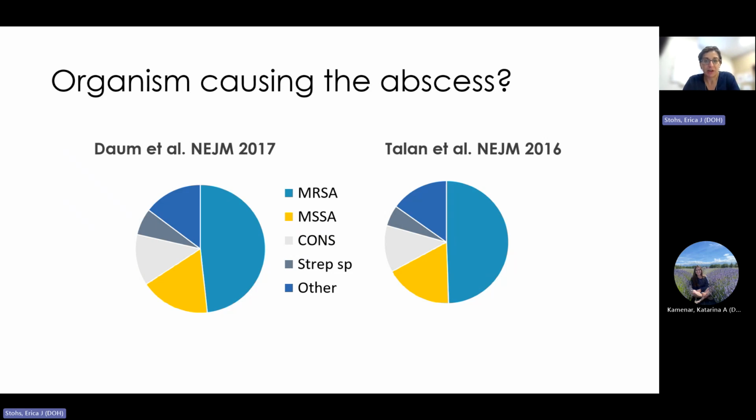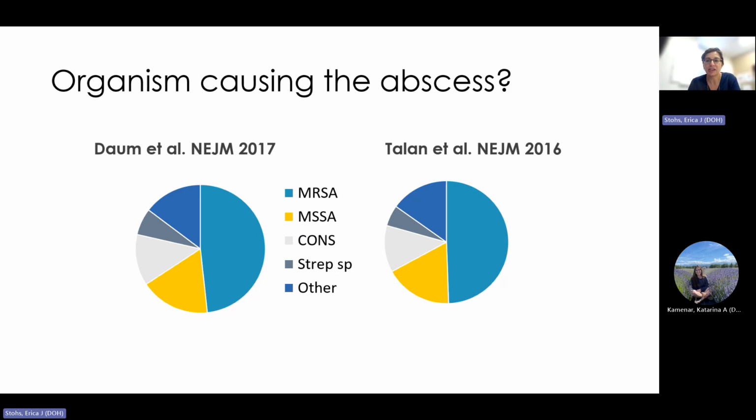Now this was a combination of adults and kids, but adults are going to be more likely to have MRSA, whereas for kids it depends on your local antibiogram and, very importantly, their personal history. In some communities and some patient groups, MSSA may be more common, again the pediatric groups. Regardless, you can see nearly 2/3 in total were Staph aureus of some sort. The other smaller fractions of the pie here were coag-negative staph, strep, and then the other category in dark blue.